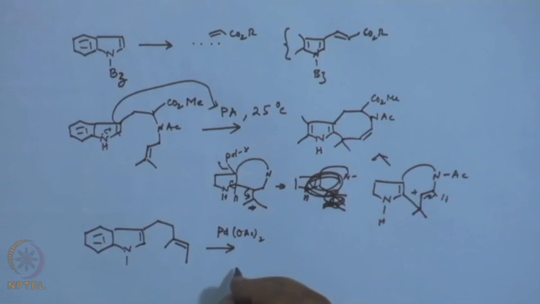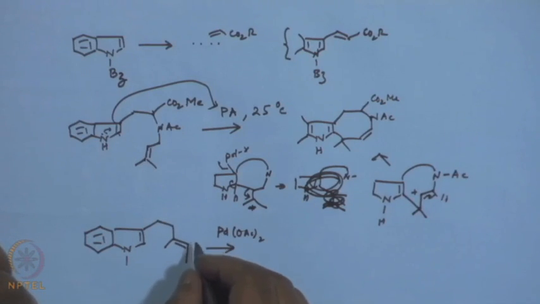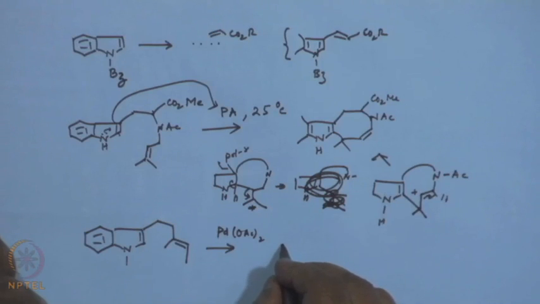So, what do we expect here? The 3 position is blocked. One can do all kinds of things. You can do this activation here, and then reactions from this side eventually. So, that means one can expect a reaction